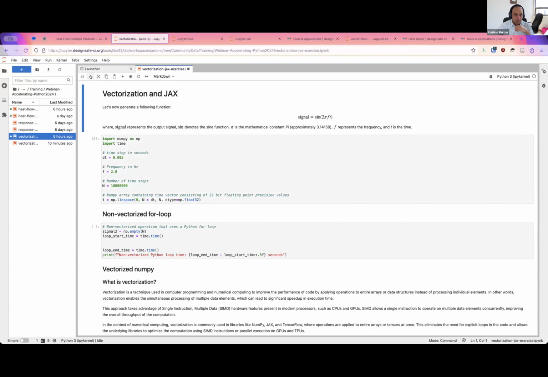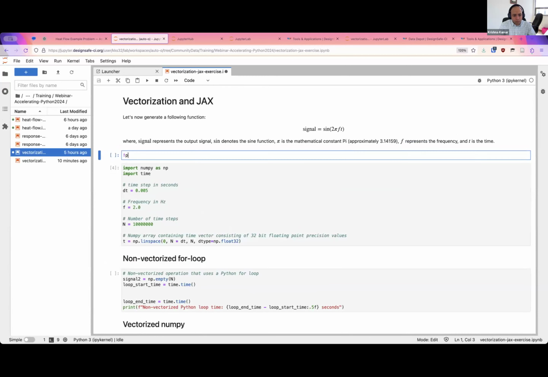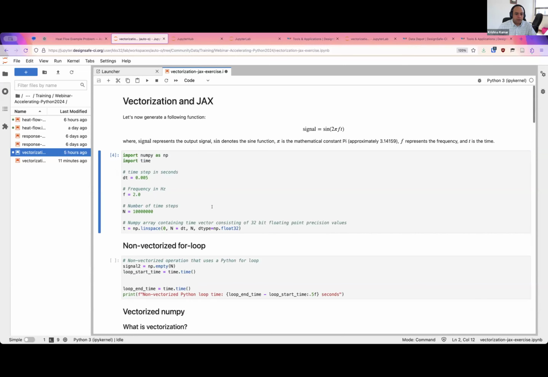If you do find something which is not already on DesignSafe, you can always do a pip install --user, so it installs locally to your user account, and then the name of the library, something like Jax. But for now, we have NumPy installed, but here's your reference command in case you want to install any of the typical libraries. Okay, so for 10 million steps, the first thing we're going to create is a